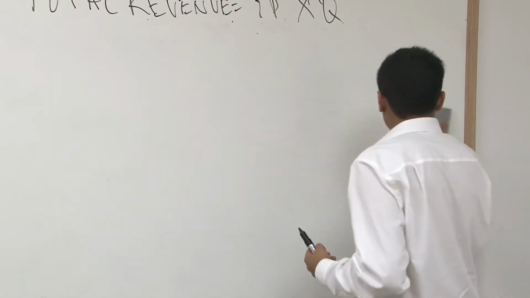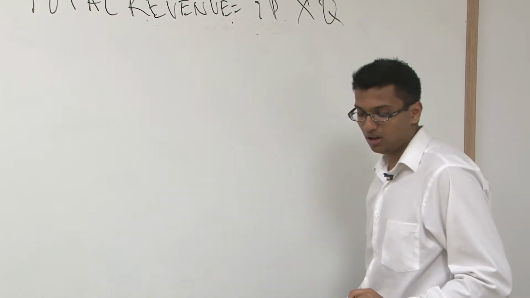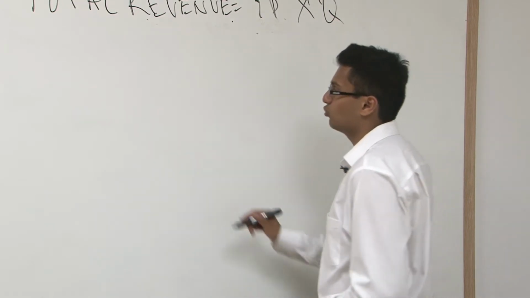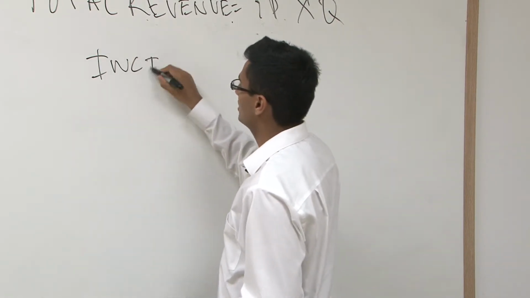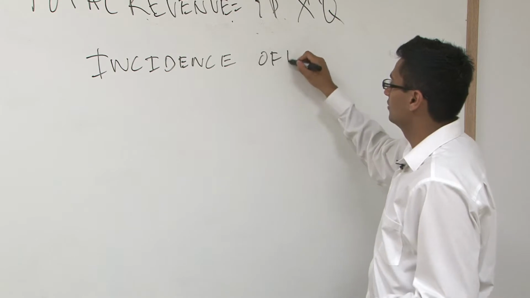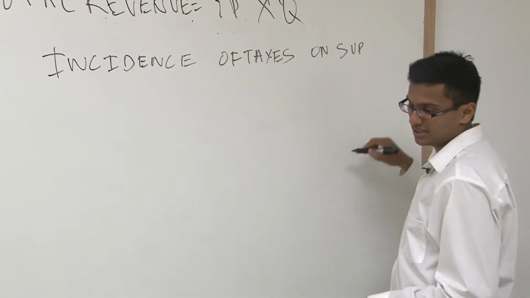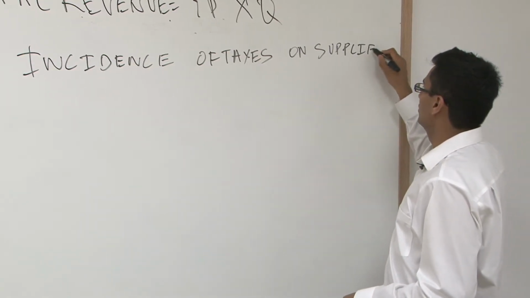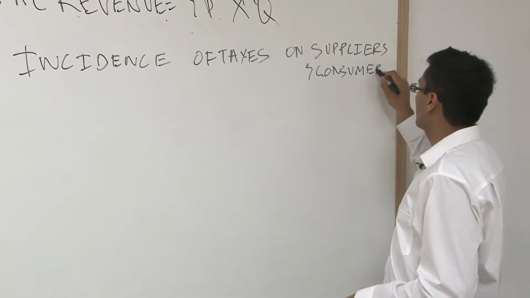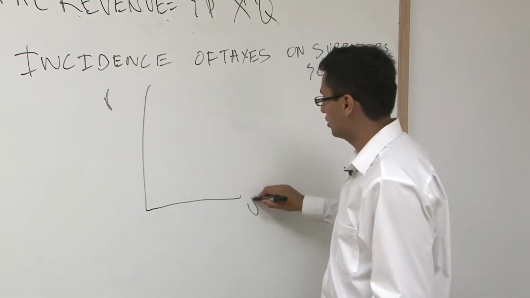the idea of the incidence of tax on suppliers and consumers. What does that really mean? Okay, so this is a fancy concept called incidence of taxes on suppliers and consumers. Okay. And if I had a graph, okay, what it really means is that, this is your price, your quantity,